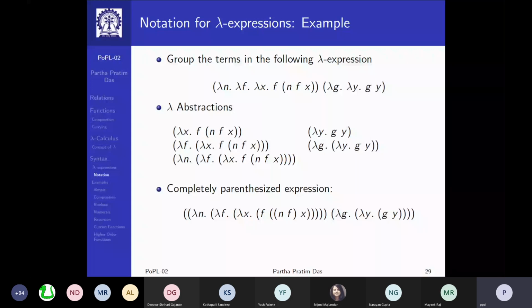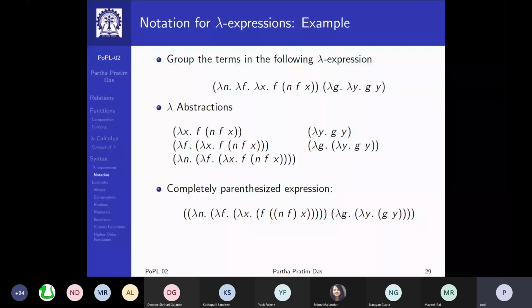Now, as I said, often fully parenthesizing expressions may be convenient, but it might mean that parenthesis matching, unless you are using an editor which is built in with parenthesis matching markers, you might find that this gets a little messy. So here is an expression, a lambda expression. So if you look into the lambda abstraction in this,